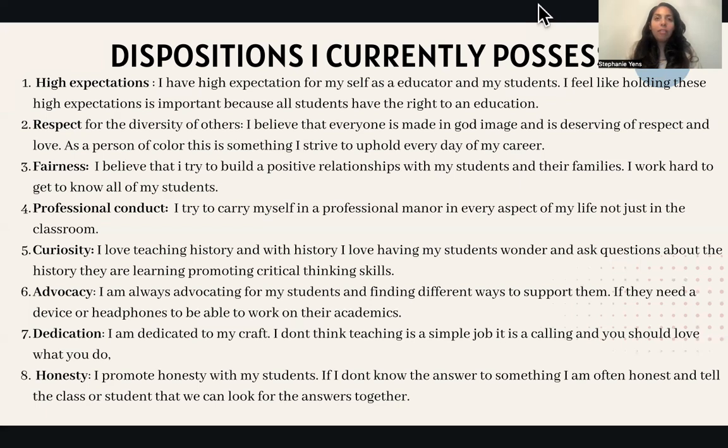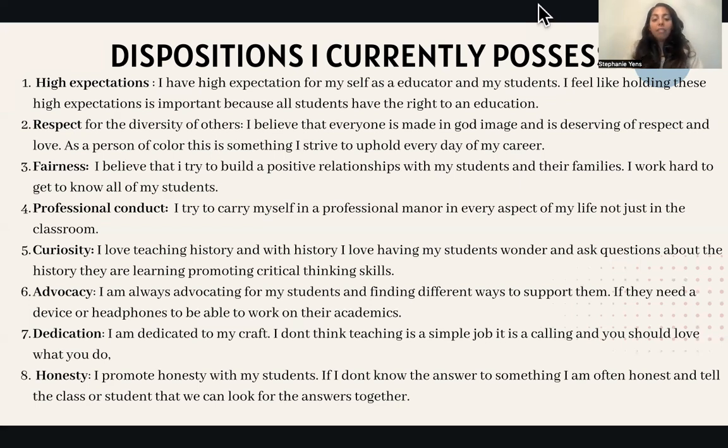And I feel like doing that, especially with history, it creates critical thinking skills that a lot of students and a lot of people need to have in this world, so that they can become great adults and people that stand up for what they believe is right, stand up for others.